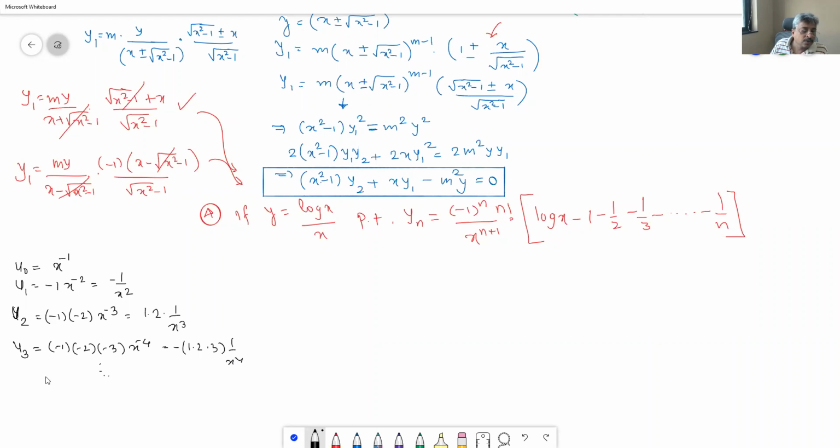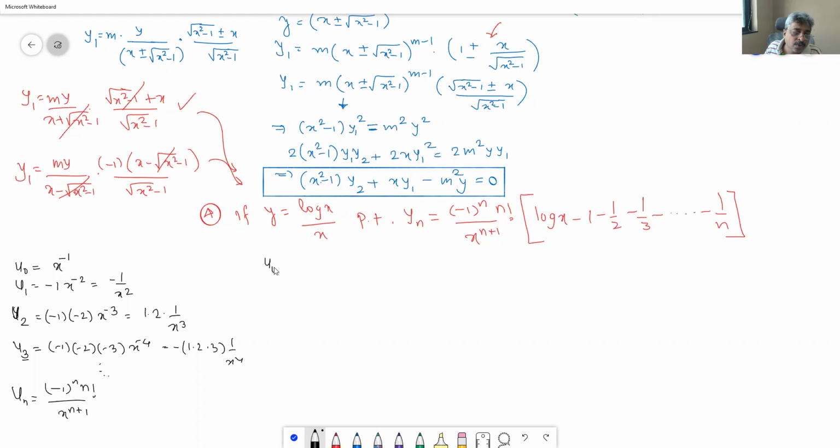Dot dot dot. So if it is un, depending upon n being odd or even, when it is odd, you end up getting a minus sign. When it is even, you don't end up getting a minus sign. Therefore, minus 1 raised to n into, if it is 3, it is 3 into 2 into 1. Therefore, n factorial divided by x raised to n plus 1. That is the nth derivative of 1 upon x. So, Leibniz to this,